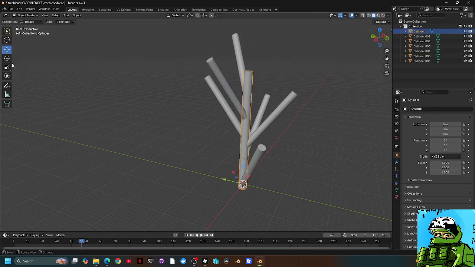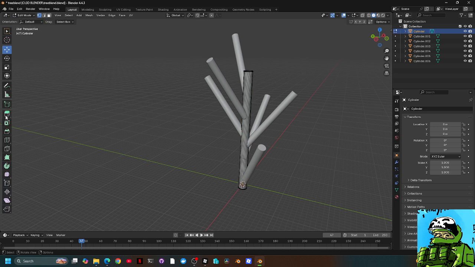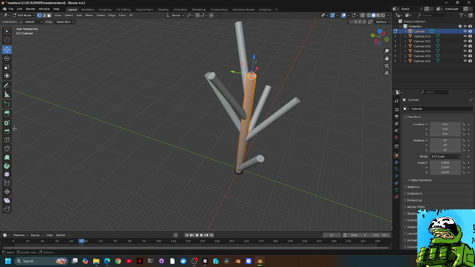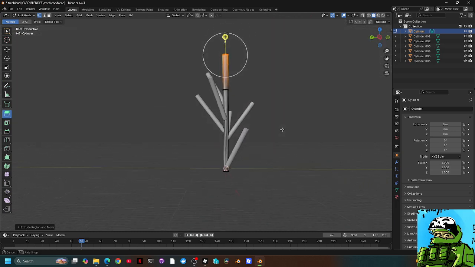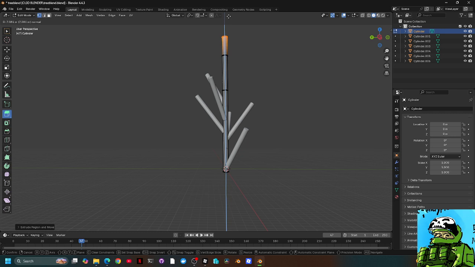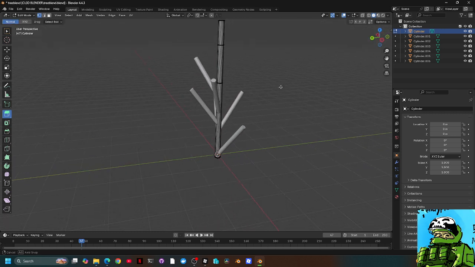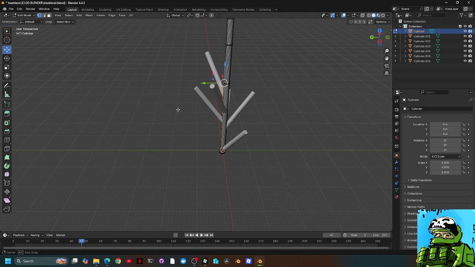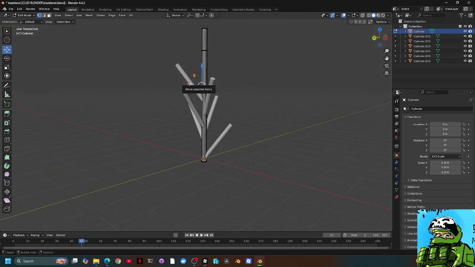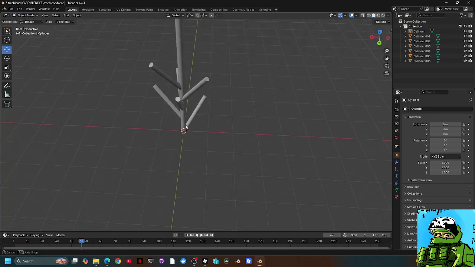For this one we might want to extrude, so edit, boom, boom, boom, extrude, extrude more, and so I think we'll have to go to object mode,